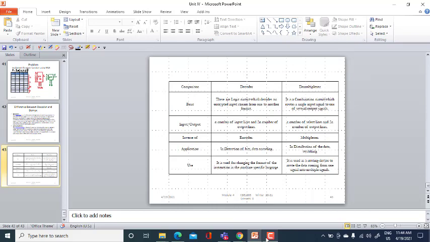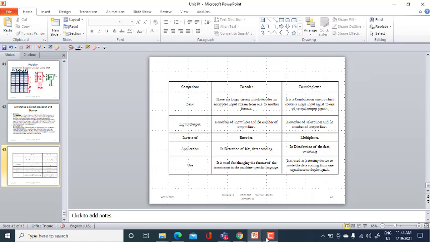So, the basic difference between decoder and demultiplexer: decoders are logic circuits which decode an encrypted input stream from one format to another format, and the demultiplexer is a combinational circuit which routes a single input signal to several output signals. I can say it like that.